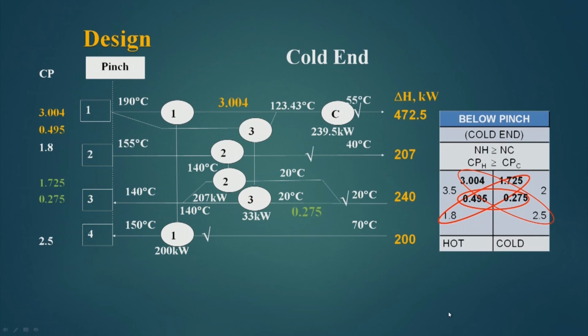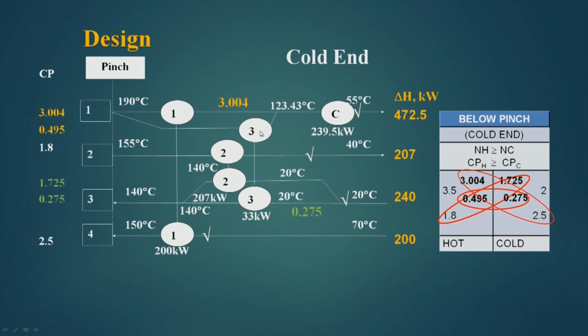Similarly, 190 minus 123.43 into 0.495 comes out to be about 33 here. So, this part of the energy with this part of the hot stream is about 33 kilowatt, it passes to here, and this part has got 200 kilowatt, it passed to here. So, this requires 200 kilowatt, this is ticked off,